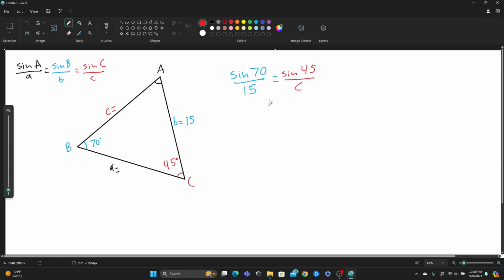Let's start by cross multiplying, because they're equal to each other. So C sine 70 is going to be equal to 15 sine 45. Then we can start plugging this into a calculator. So 15 times sine 45 is equal to